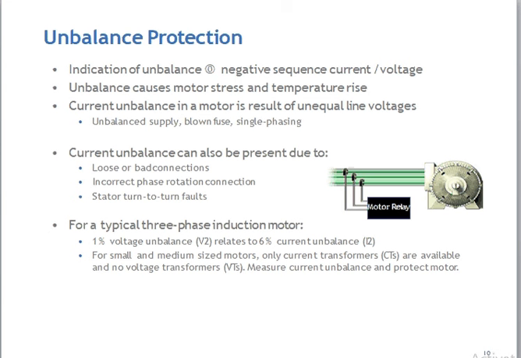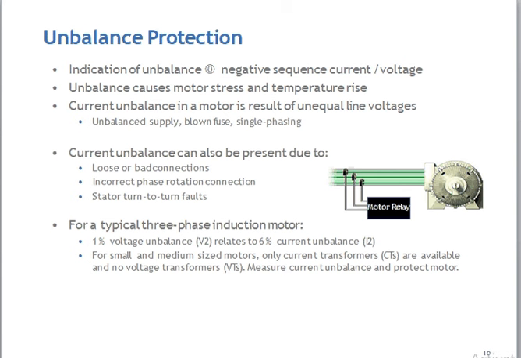For a typical three-phase induction motor, 1% voltage unbalance results in 6% current unbalance.